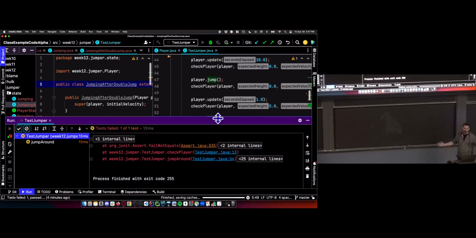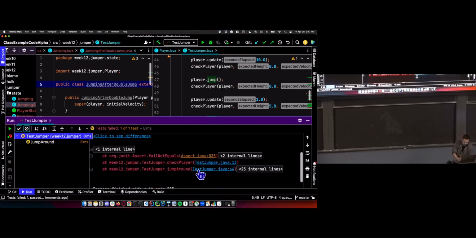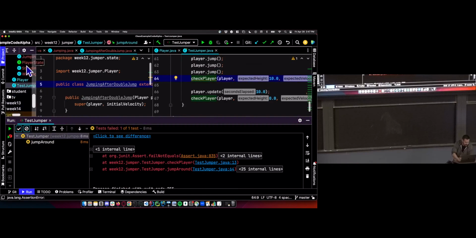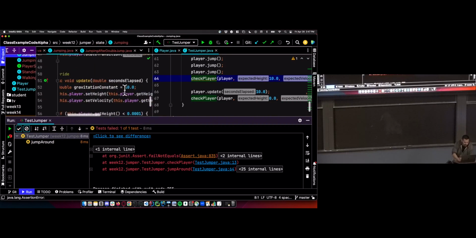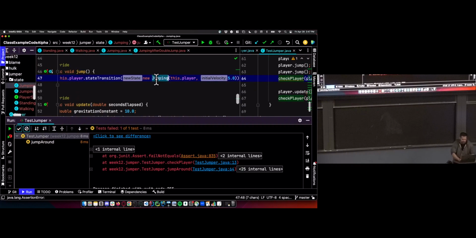Let's run our tests, and we should get a beautiful green check mark here. Oh, my goodness. So I know what I did. I never updated my jumping state. Oh, my timing, though. We were right at the end. When we jump, we need to be in